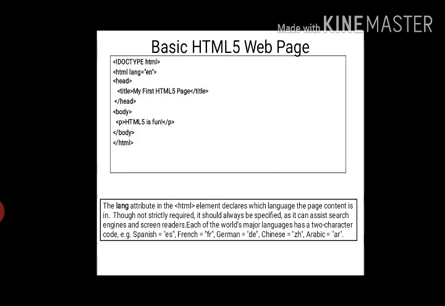The basic HTML page consists of html, head, closing tag of head, body, closing tag of body. Mainly two parts: the head part and the body part. The head part includes the title, metadata, etc. The body part includes many different tags, which format or develop the view of our website.